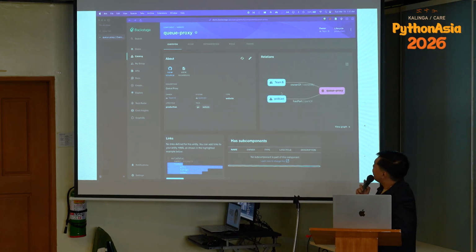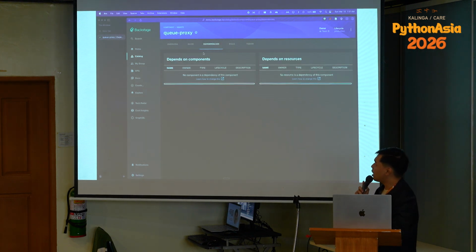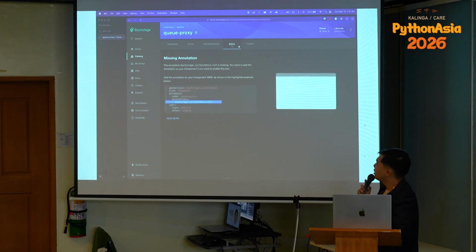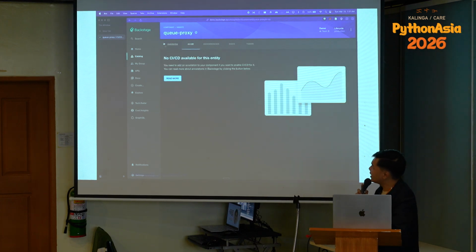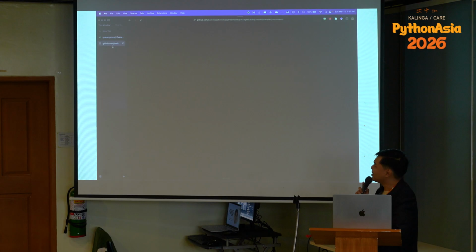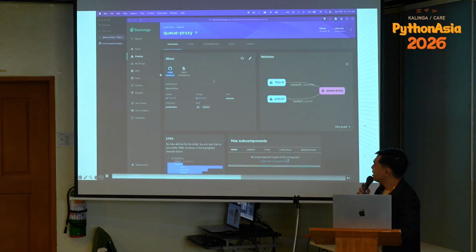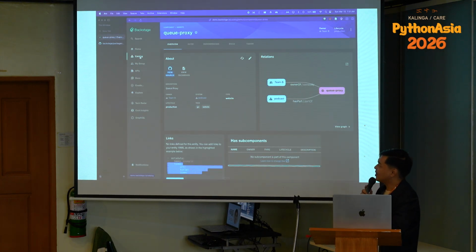Other than that, there's also some other metadata that I can look through in this portal. You can hook up CI/CD for this, so all of that will be in a single UI: documentation, dependencies, things like that. And you can also have links to the GitHub repository that this particular service references, right? So yeah, that's pretty much the power of this catalog.